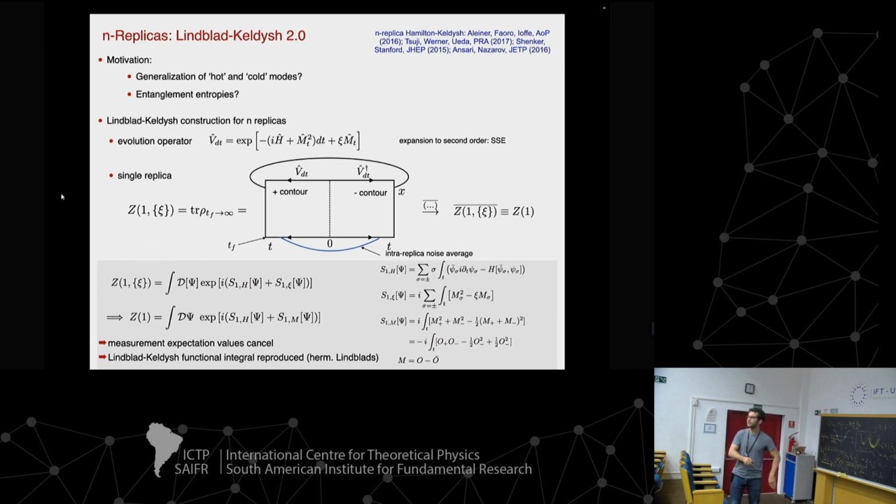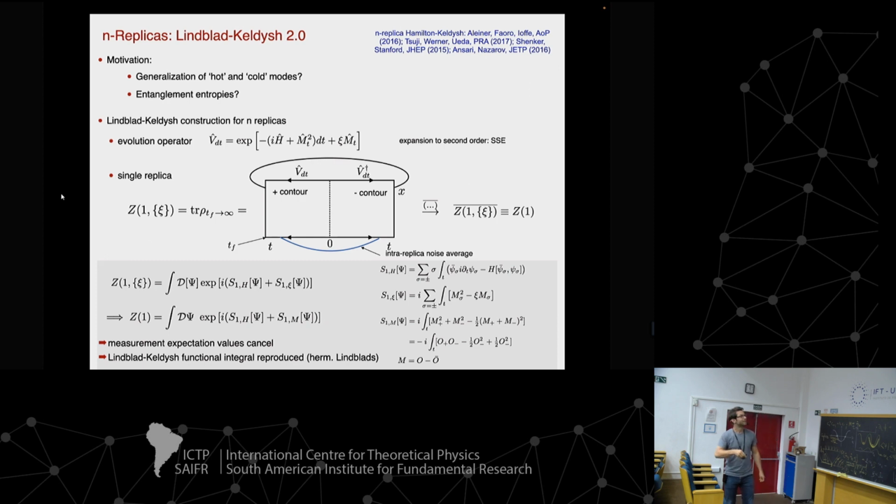If we look at a single replica, we do the standard Keldysh construction, and we average over the noise. I symbolize this by connecting these 2 contours together, because the same noise acts on both contours. This is a real variable, so it acts exactly the same on both contours. If we average a single replica, this is pictorially this. And what we get out, without the detailed formulas, is the Lindblad action for a decoherence dephasing process.